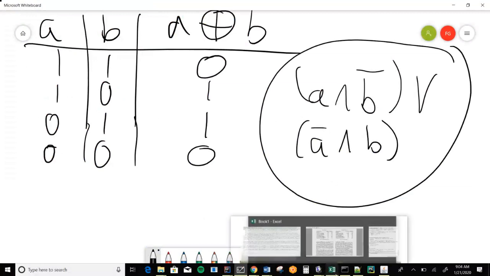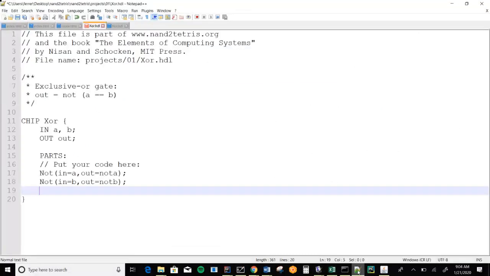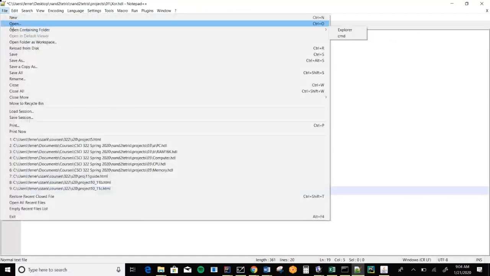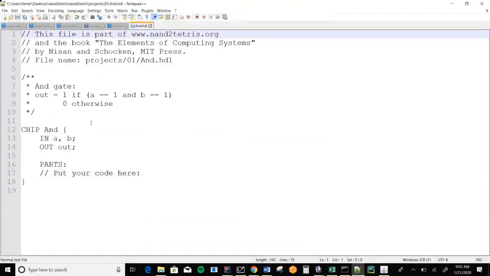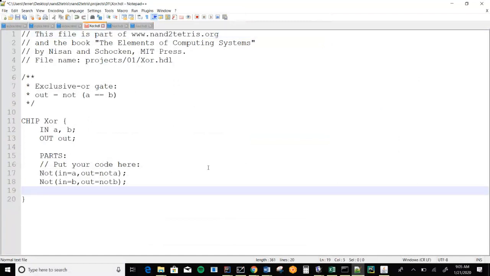So coming back over here, let me open up AND and see what it makes available to me. So an AND needs A, B, and then it'll produce the out. So coming back to my XOR, I'll say AND A equals A. Now, this may look pretty confusing.